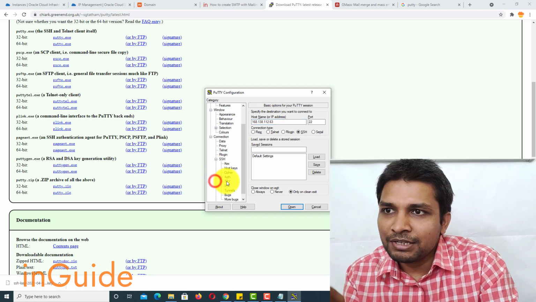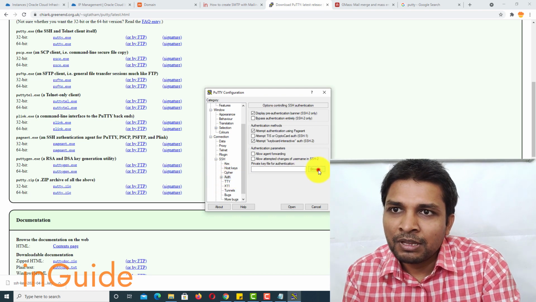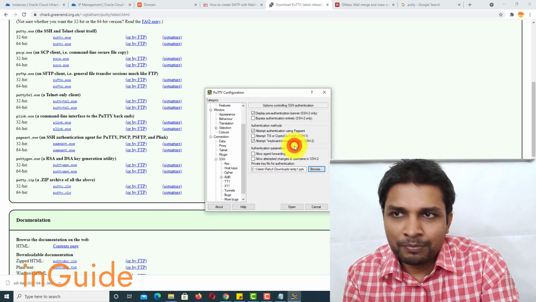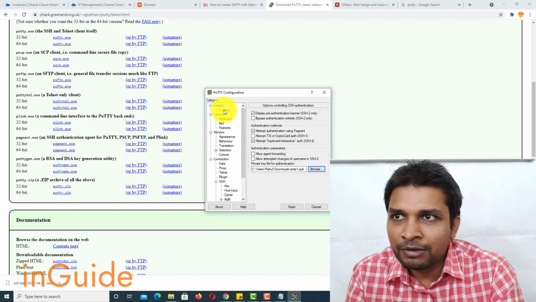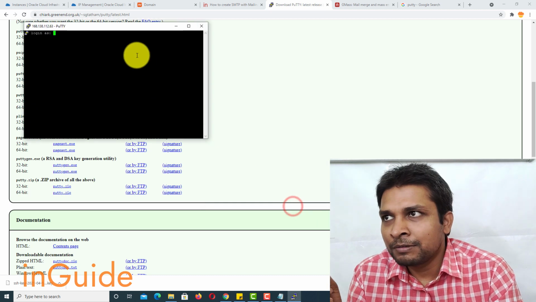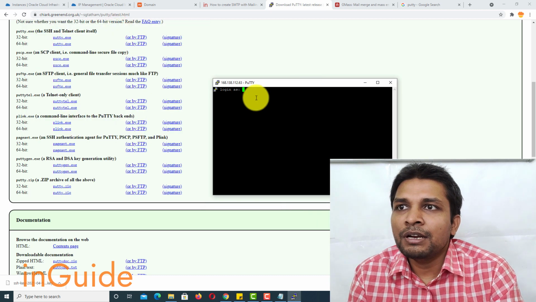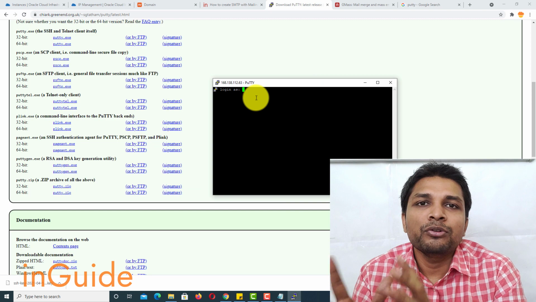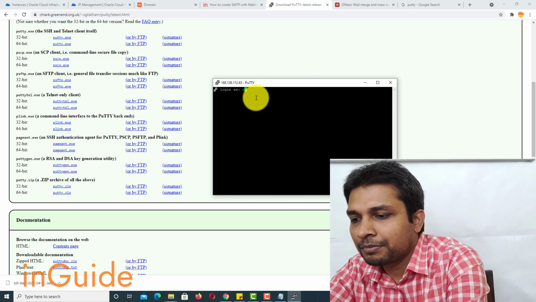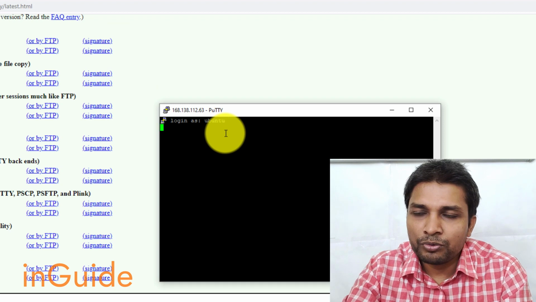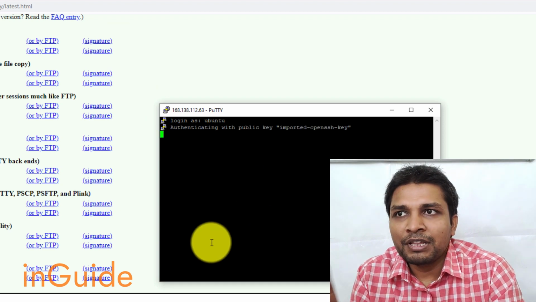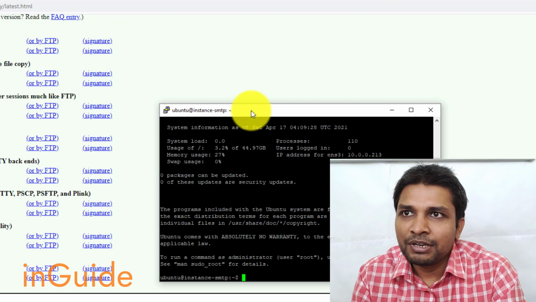Next, in SSH you have to browse the private key which we just converted, and then click on open. After that, here you have to enter the username Ubuntu. Note that the username is not root, the username is Ubuntu. After that, you will be able to log into the instance.